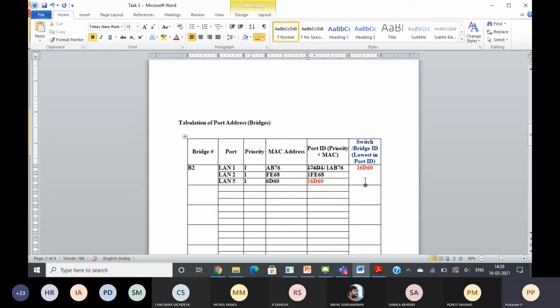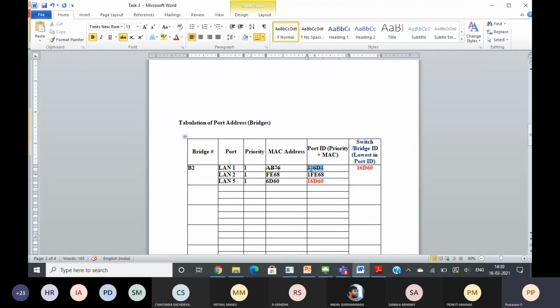Consider 1AB76, 1FE68, 16060. As per hexadecimal, you know that 1, 2, 3, 4, 5, 6, 7, 8, 9, then A, B, C, D, E. So according to hexadecimal, we have to compare.